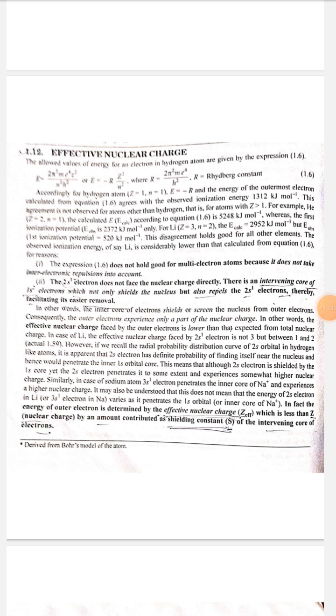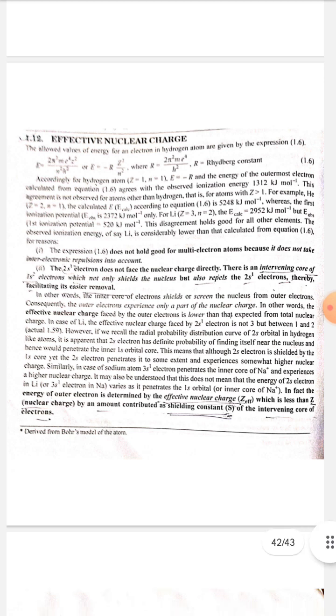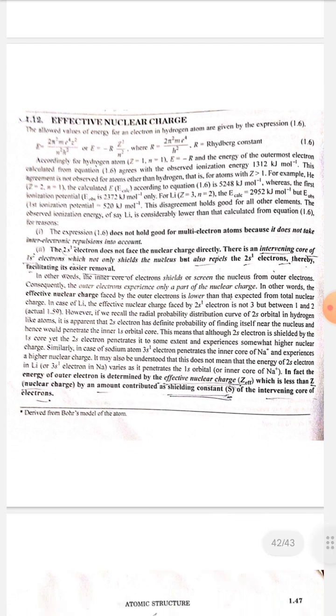Effective nuclear charge. The allowed values of energy for an electron in a hydrogen atom are given by the expression 1.6: E = 2π²me⁴Z²/n²h², or E = −RZ²/n², where R = 2π²me⁴/h². R is the Rydberg constant. Accordingly, for hydrogen atom, Z = 1, n = 1, E = −R,